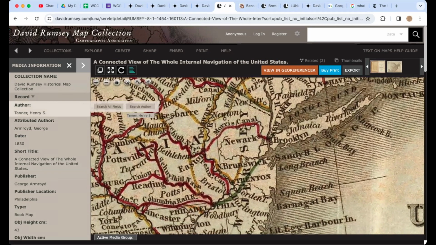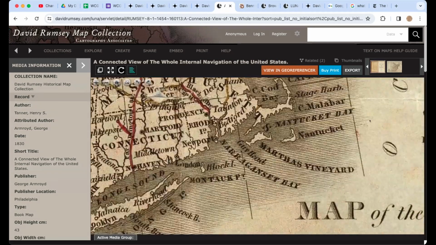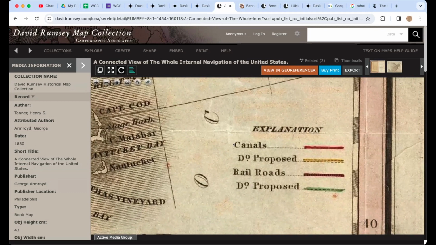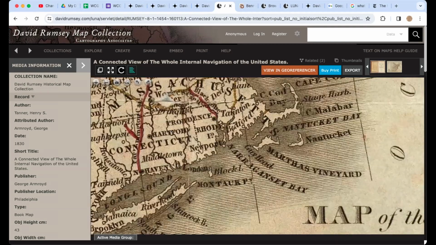So this particular map shows, I'm trying to show, the canals are in this color of red, and the proposed canals are in yellow. The railroad is in this deeper color red, and this proposed is green. And